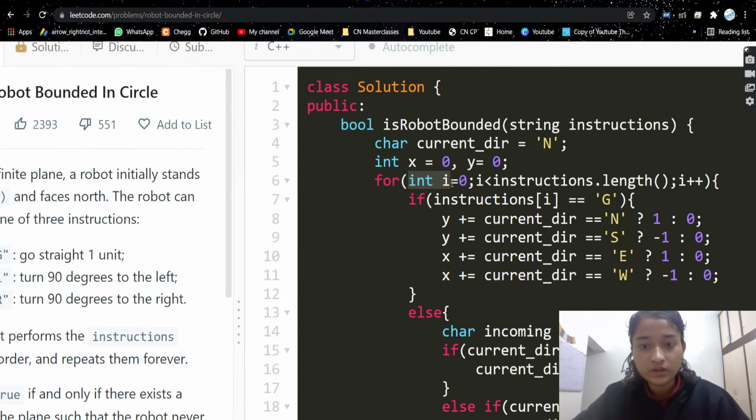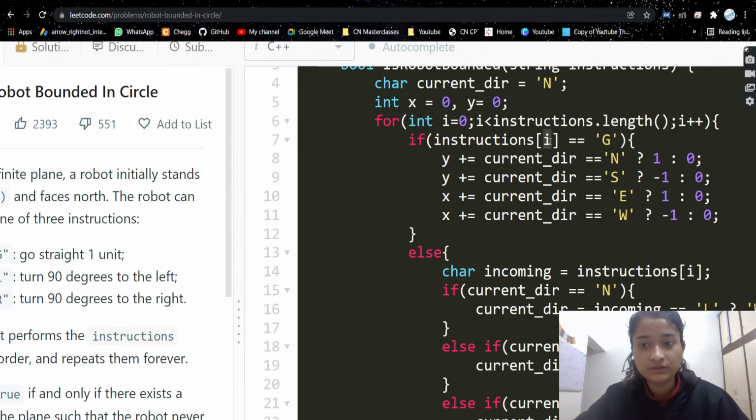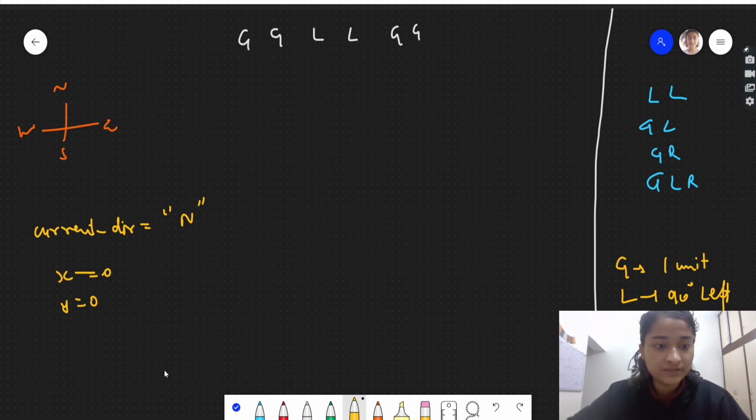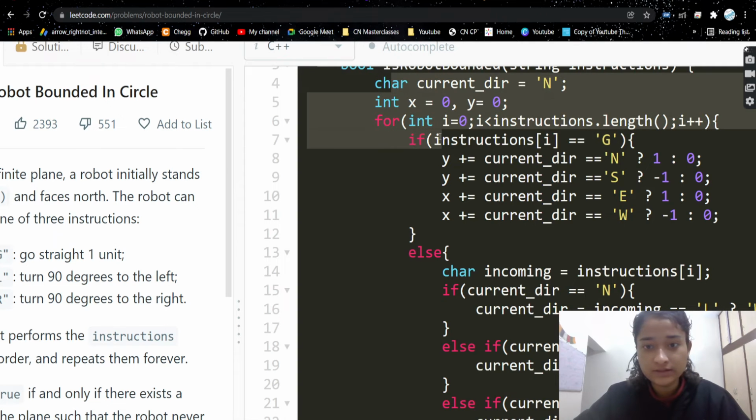Then we go through each instruction, and if the instruction is G, let's also dry run along with it. Current direction is a variable which initially has value north, and x is 0 and y is 0, as we have discussed.